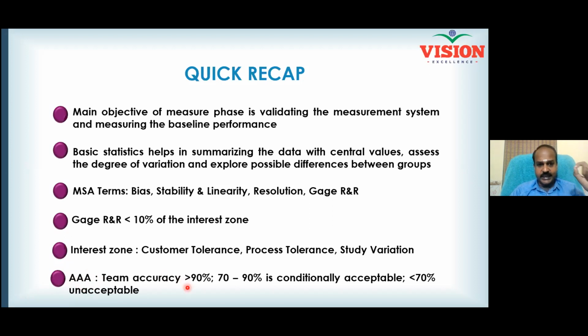The team accuracy should be 90%. That means, again, the permissible error is 10%. If 90% is not possible, on certain occasions, 70 to 90 is also considered okay. But in any case, less than 70% is considered unacceptable. When there are 3 judges, all of them have to work as a team perfectly, ensuring an accuracy of at least 90%, in the worst case, at least 70%. But in any case, if the judgment accuracy is less than 70%, that judgment should be carried out once again.